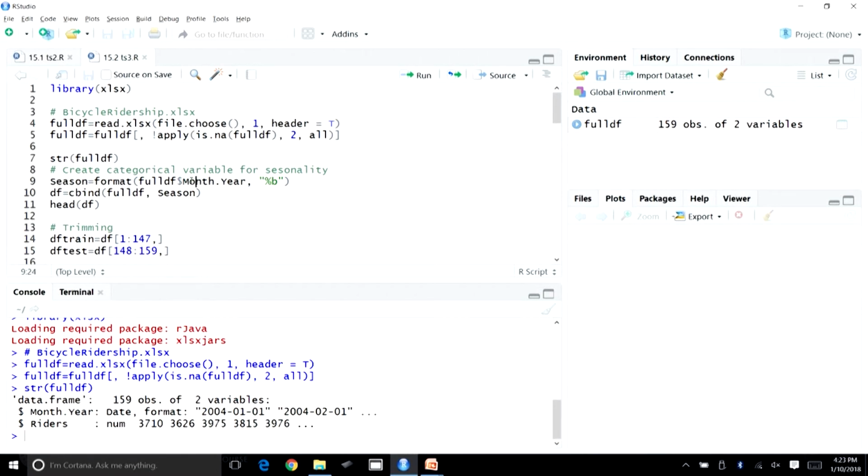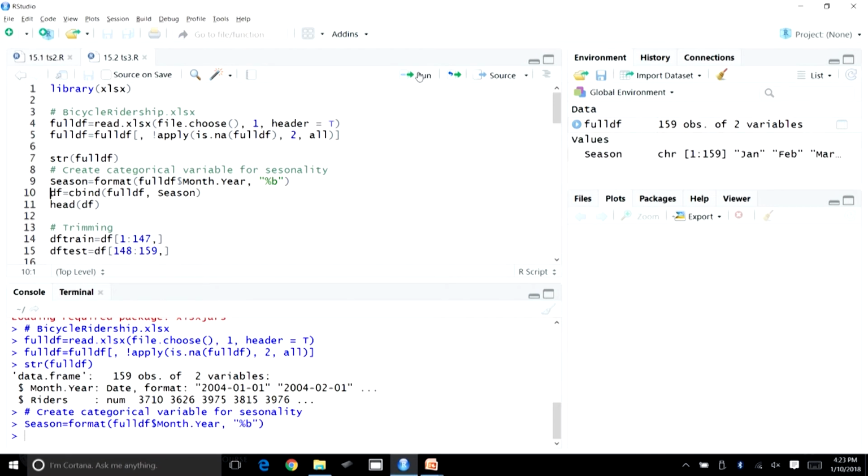Had this seasonality been quarterly, where for certain quarters the number of riders would have been significantly higher in comparison to the other quarters, then we would have captured the quarter here in this season variable. We have 12 months in a year, so the total number of labels that we expect in this categorical variable is going to be 12. So, let us create this variable.